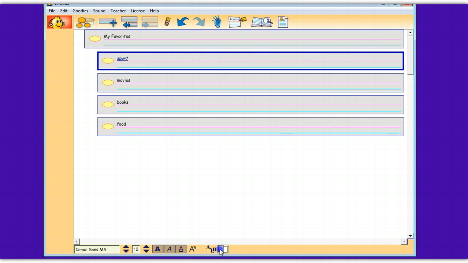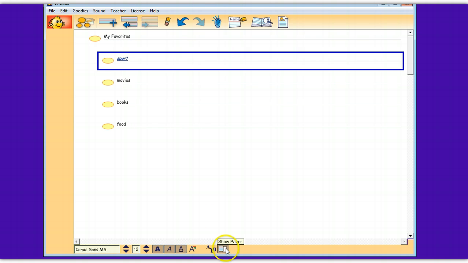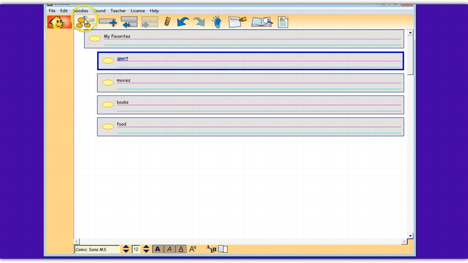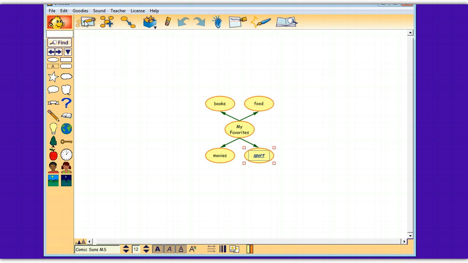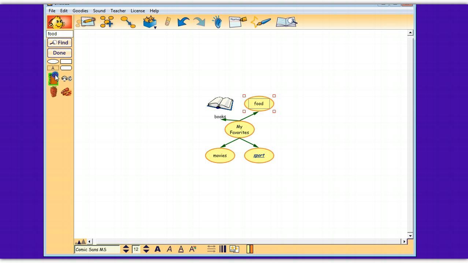You can also put prefixes, or hide the paper, which means you don't see the dotted lines around it. Now, the cool thing about this is, if I go to picture view, watch what it does. I didn't show you this in picture view, but if in picture view I go to books and make it a book, and I go to food and find my food pictures,